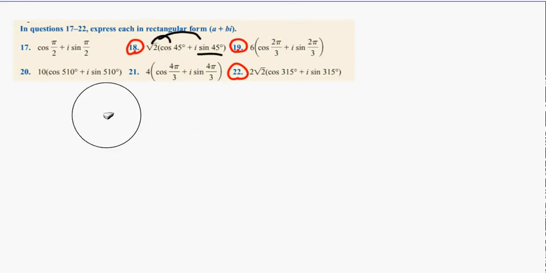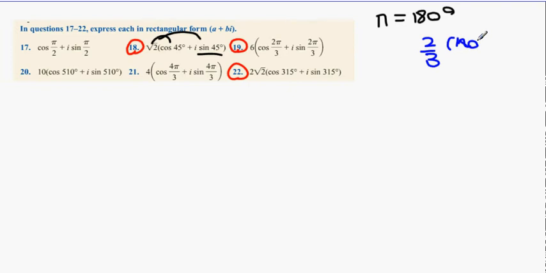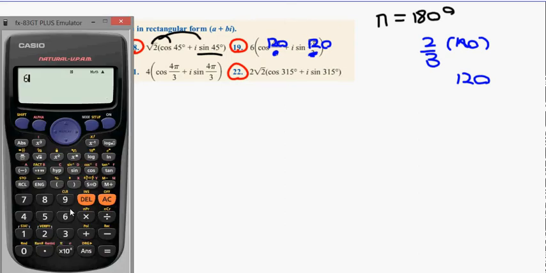Now in question 19, what I tend to do is change pi equals 180 degrees. So it's 2/3 of 180 degrees. So 2/3 of 180 is 120. So you can do 120 degrees, or you can put it in radians mode in your calculator, wherever you want. So I'm going to say 6 cos 120,